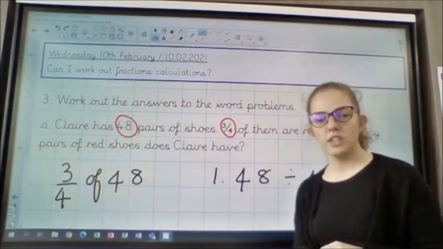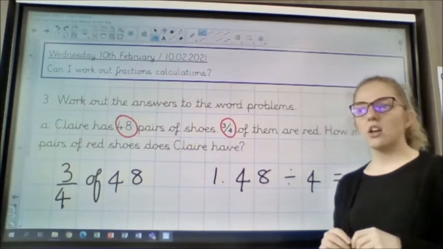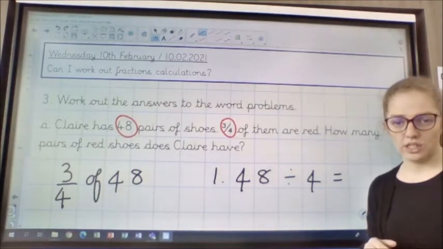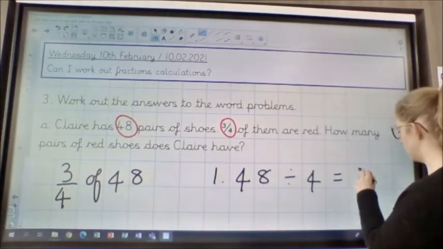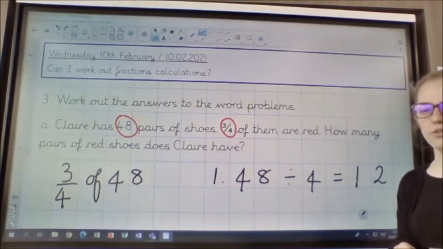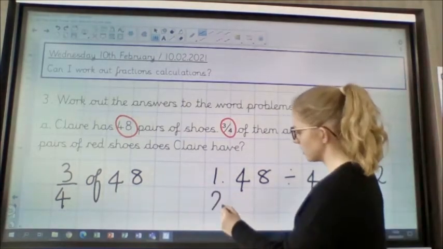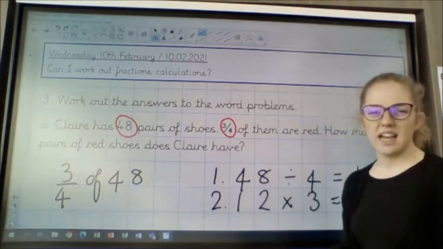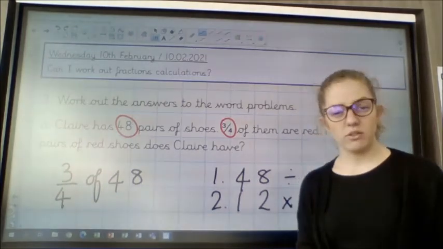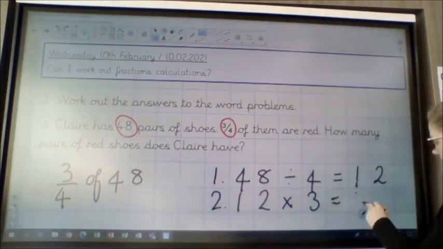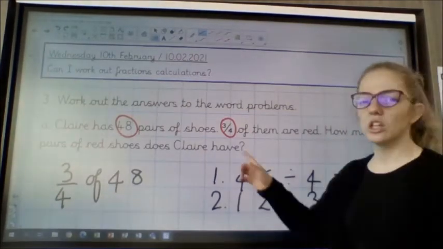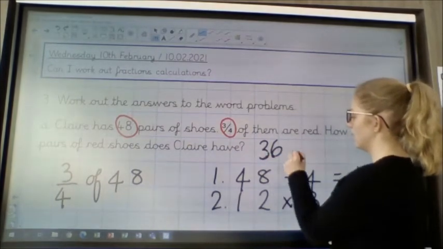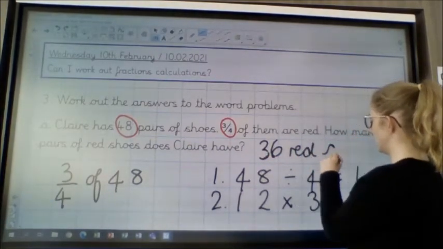The next thing is 48 divided by 4. So I know that 11 times 4 is 44, and 12 times 4 is 48. So my answer will be 12. So 48 divided by 4 is 12. Moving on to part 2, 12 times 3. Well, I know that 11 times 3 is 33, so 12 times 3 must be 36. Therefore, Claire has 36 red